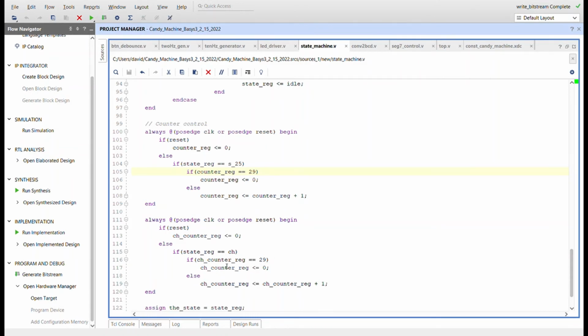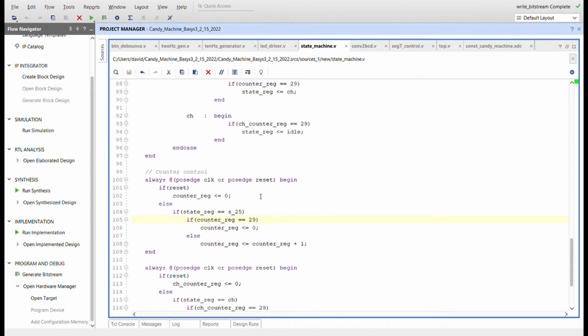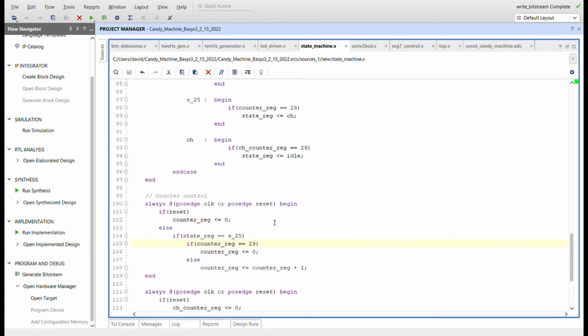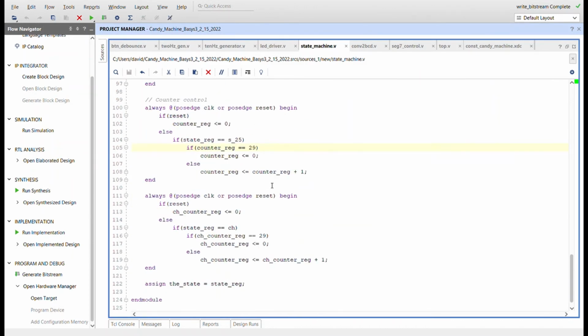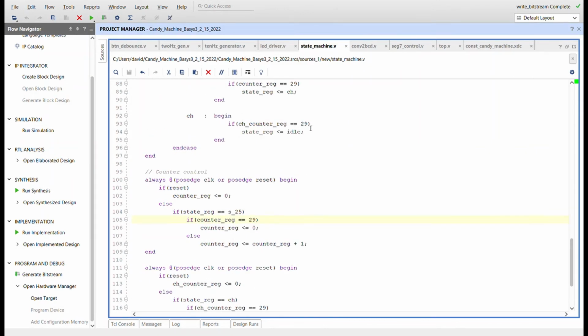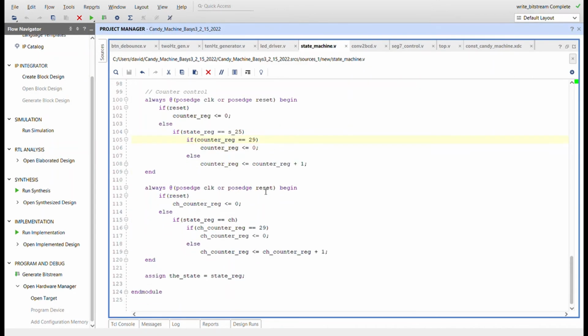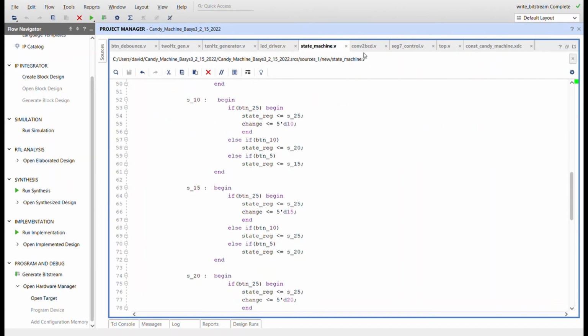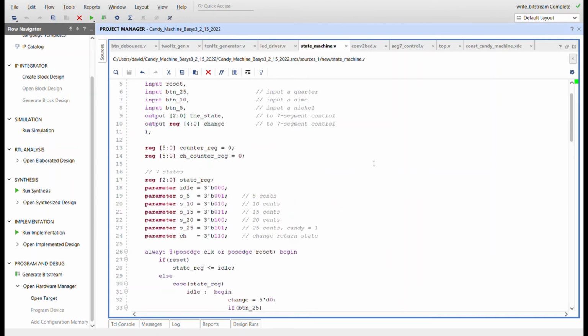So that's how these counters are activated when you get to their respective state, and then once they get to that number, we'll transition out of the state to another state. And then this is just assigning the output of the state to the state register that goes over to the 7-segment control. Now, the reason why I need a BCD converter is for the change, because you can have a change value of 0,